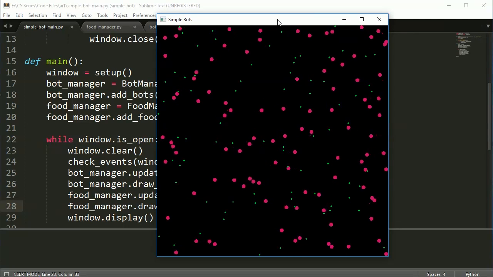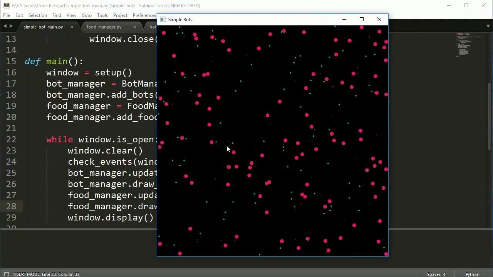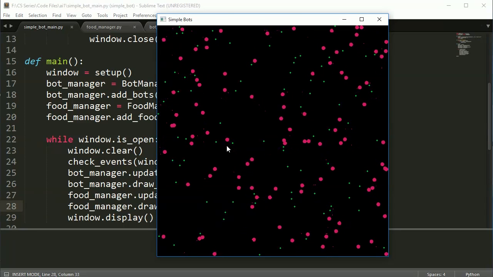In the next video, we're actually going to combine the food in the bot manager so that the bots can